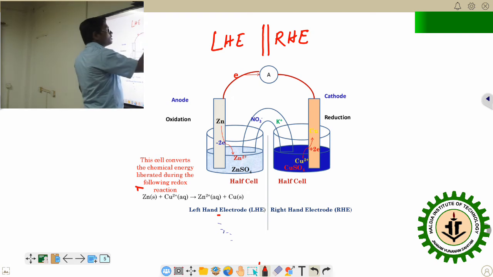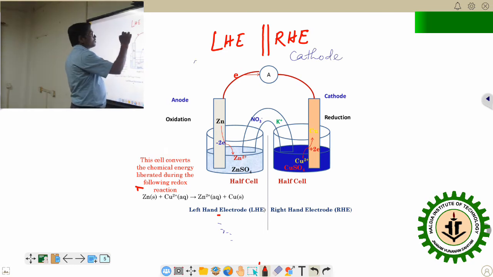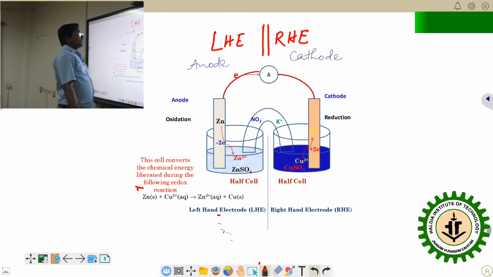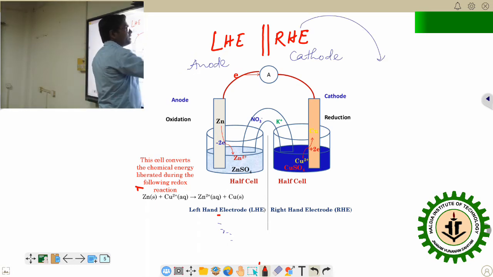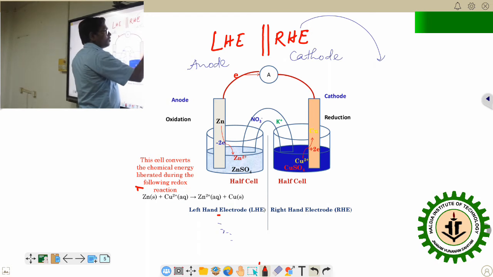This right hand electrode is also called the cathode, and the left hand electrode is also called the anode. There are different substrates at the anode as well as at the cathode, having different oxidation states. When we represent the right hand electrode, you write the higher oxidation state of the substrate,